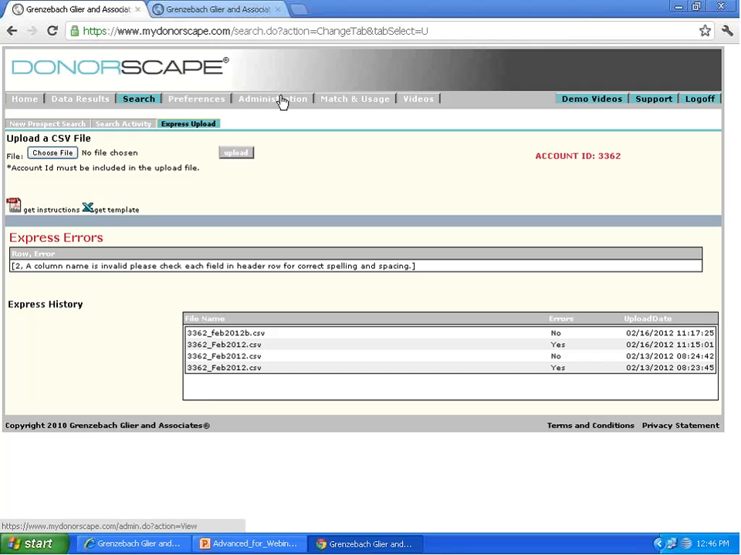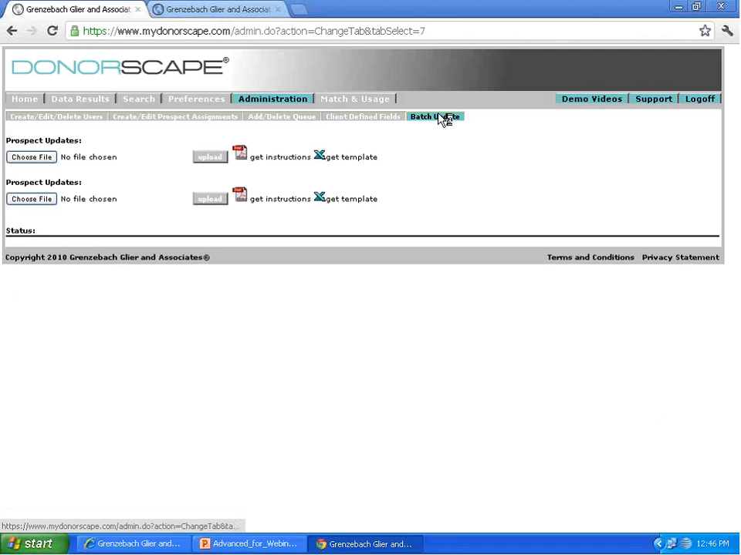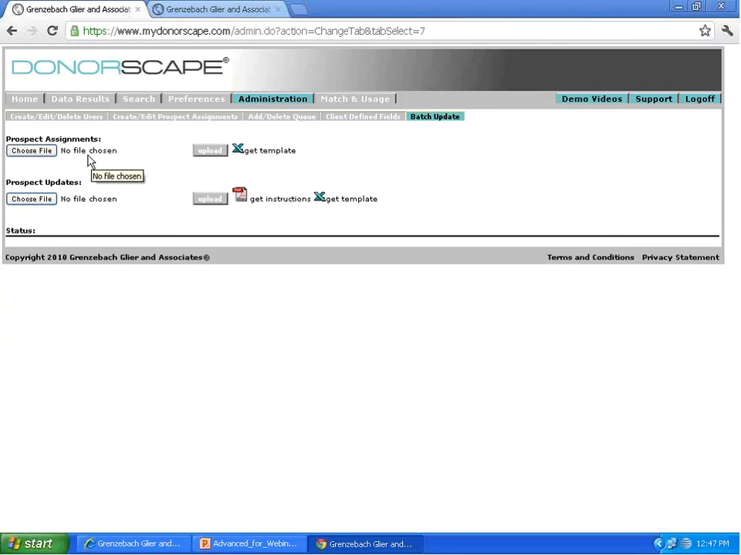When we want to update information on a prospect, we do it through the batch update function. And here we can look at prospect updates. I failed to mention here that if you want to update the assignments on a prospect, you can do it through the functions we looked at of doing it by the query or doing it by the assign, unassigned, or